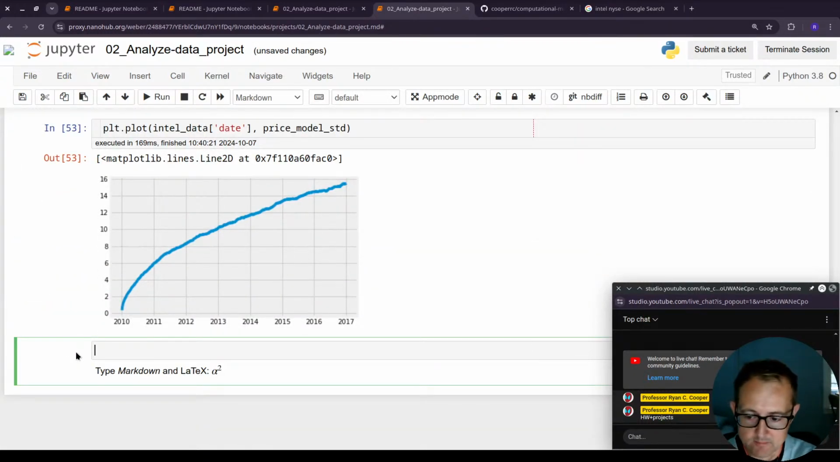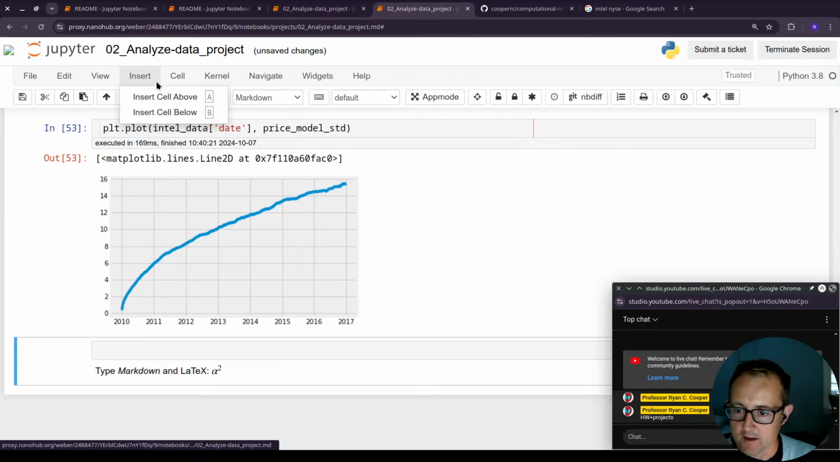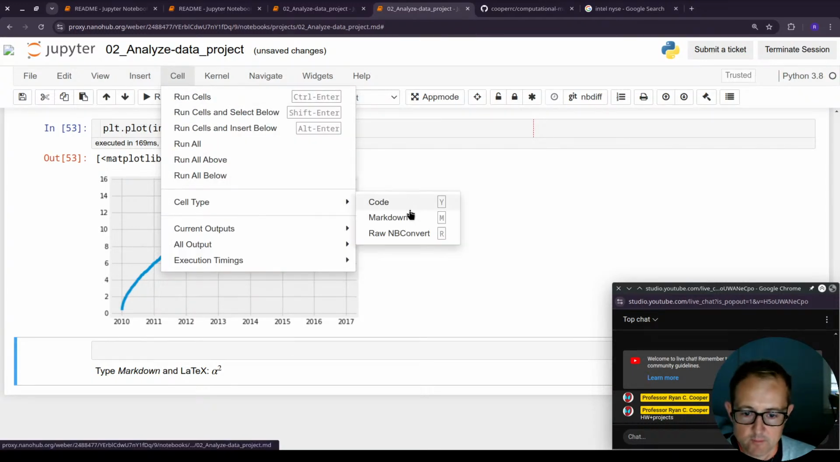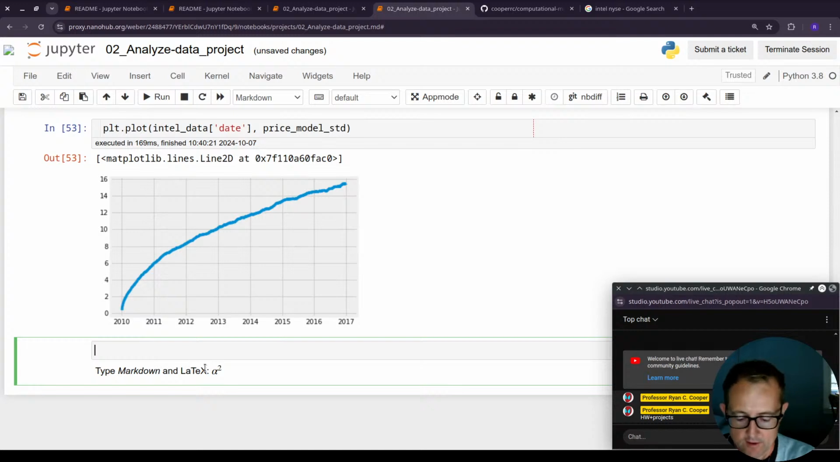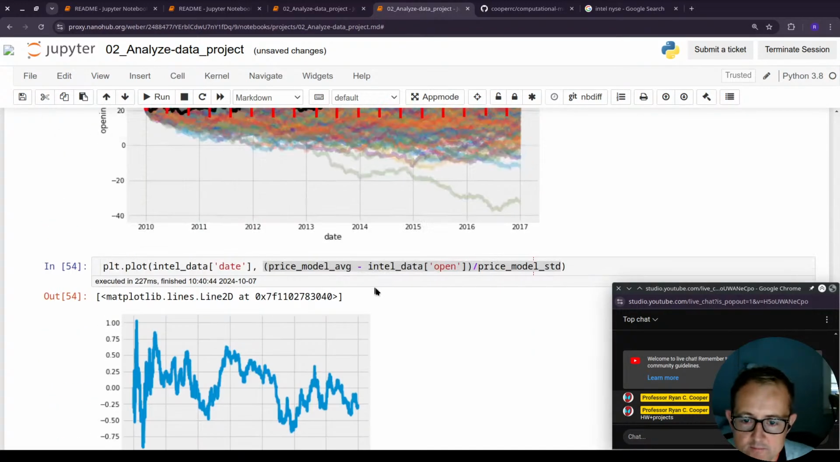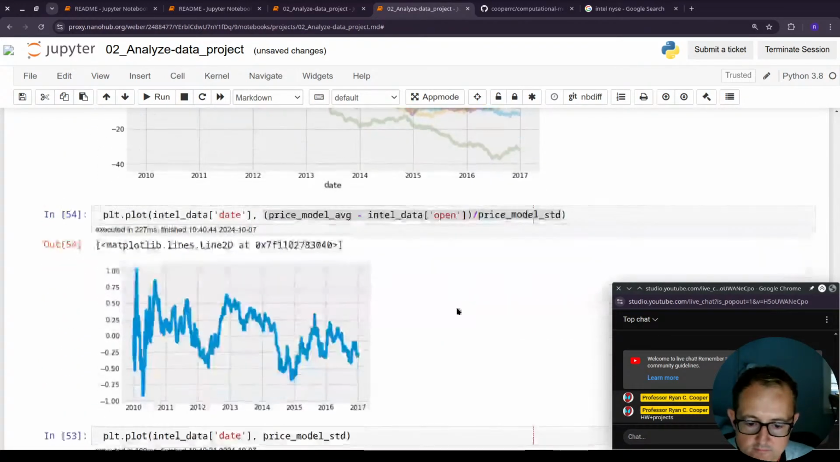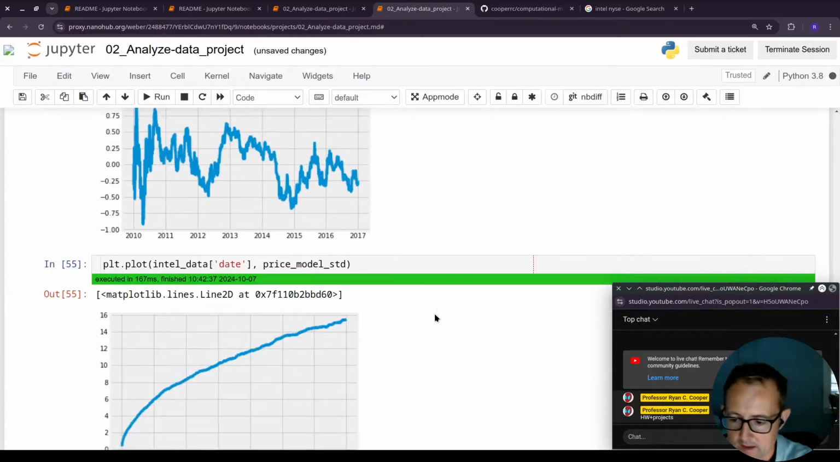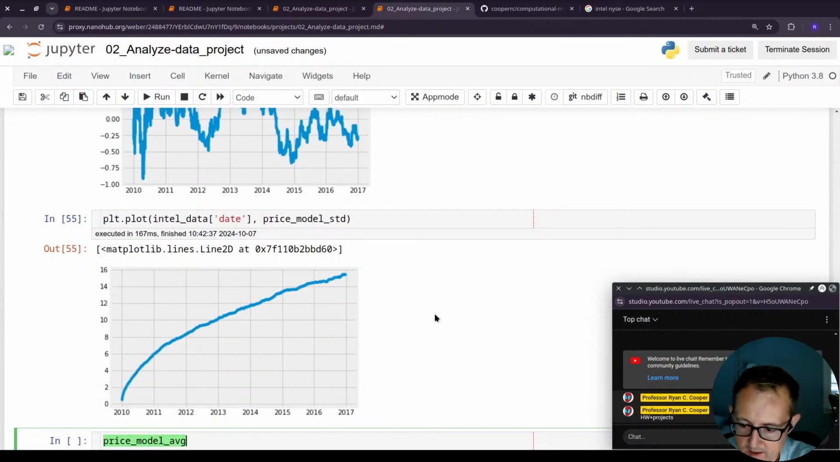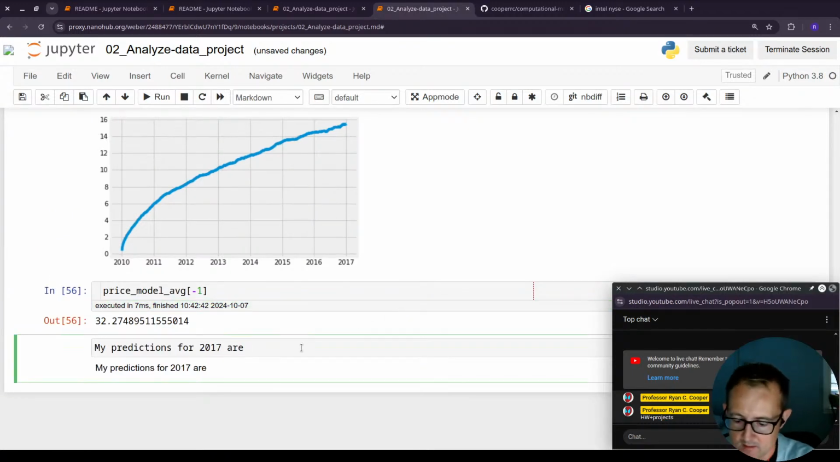And then start trying to make some predictions and talk about them. Down here, you can insert or change the cell from code to markdown, so that now you can say, my predictions for 2017 are, and here now I need to say price model average bracket -1, 32.27, and the actual price was